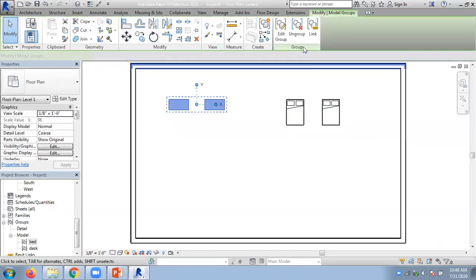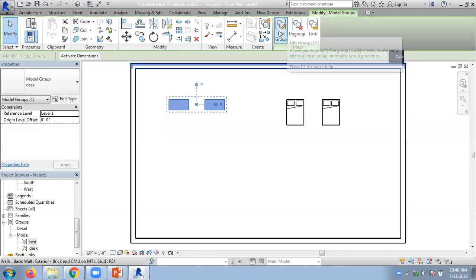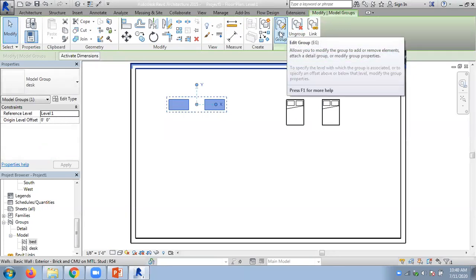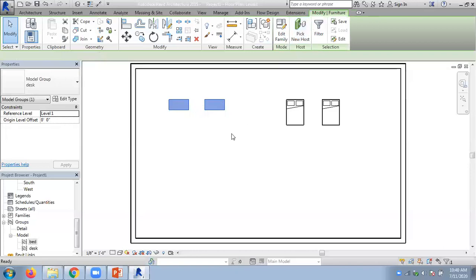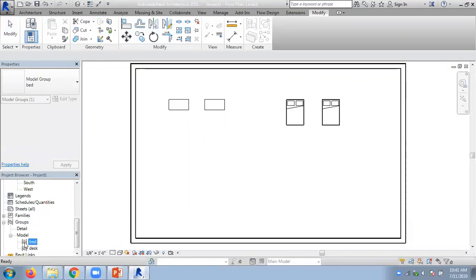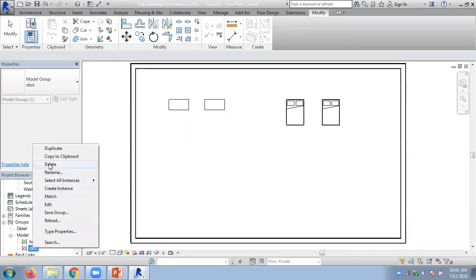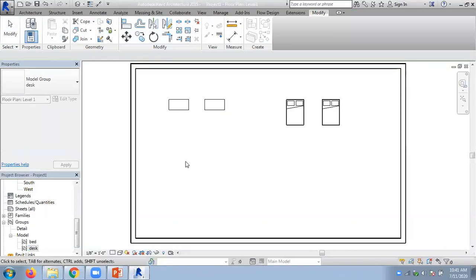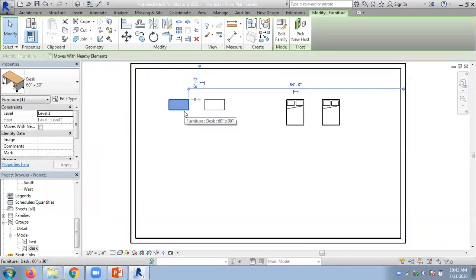And there's another tool called ungroup. Edit group means you can add the members, remove the members. Ungroup. Now what happens? This member was removed from the group. This member also removed from the group, but the group stays here. So if I just try to delete it now, this can be deleted because there are no members inside this group. So it's like a society which has no members. So a group has been created, but there are no members in the group. So you can delete them. So if you want to add these to the group again,